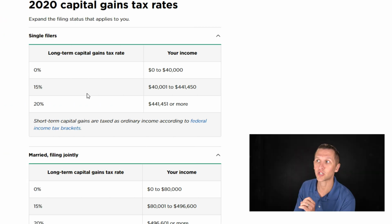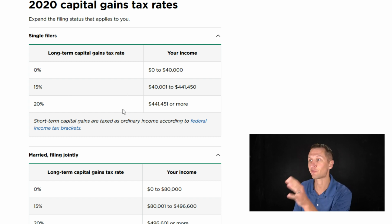So let me go ahead and pull it up on the screen and take a look at the long-term capital gains rates, which also are affected by your filing status. So let's take a look. Now here are the 2020 capital gains rates for single filers. At the 0% for long-term capital gains rates, it's from $0 to $40,000. For 15%, it's up to $441,450. And for 20%, it's that